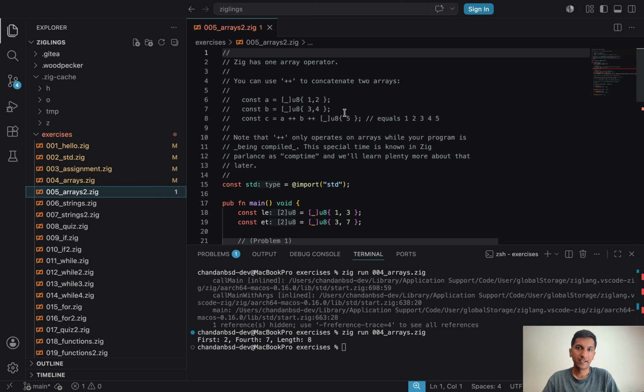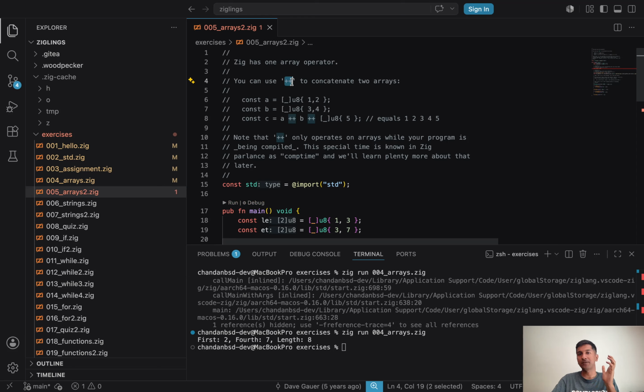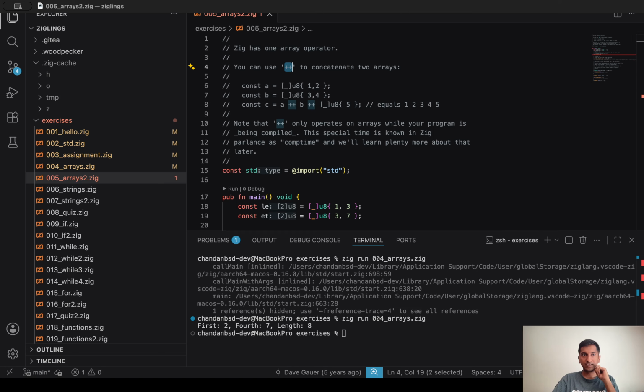But that was a very good exercise. Let's see. Zig has one array operator. You can use plus plus to concatenate two arrays. Oh, okay. This is new. I have seen the plus plus operator, but that's only in collection in reference to